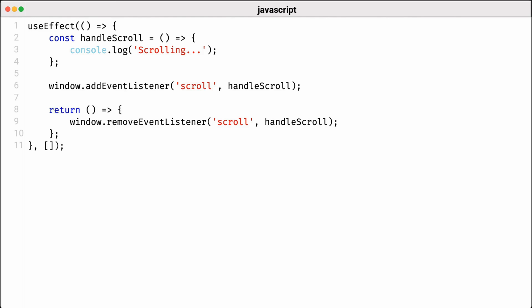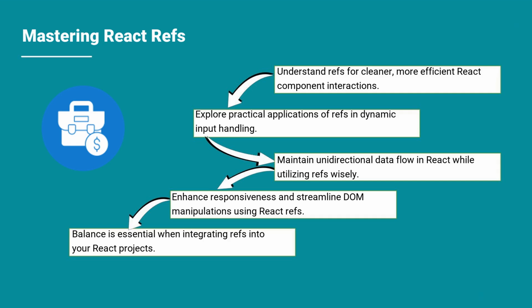no longer needed. While this example does not directly illustrate the use of refs, it highlights the critical importance of managing side effects in React components, ensuring that resources are cleaned up appropriately as part of the component lifecycle. By adhering to this pattern, we create more efficient and reliable components. At this point, we have accumulated a solid understanding of how refs work in React, their advantages, and their practical